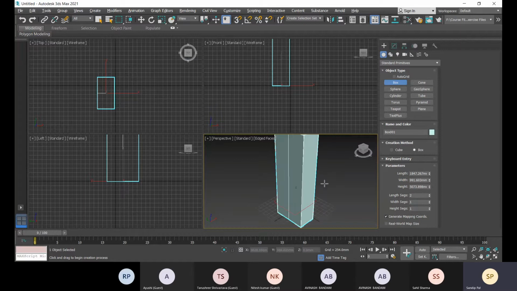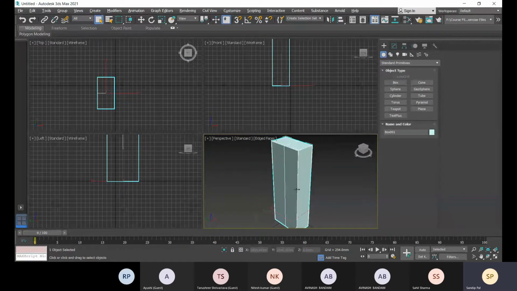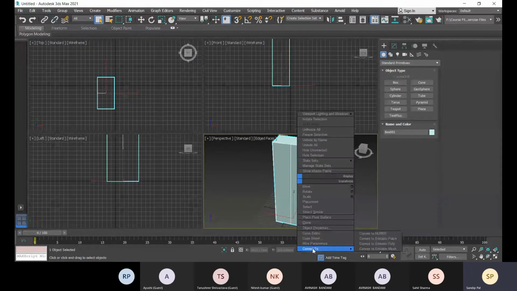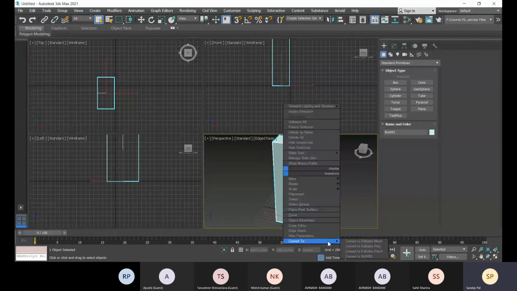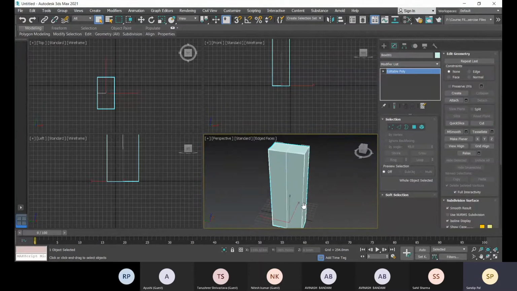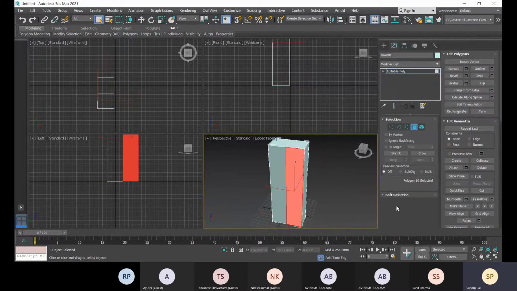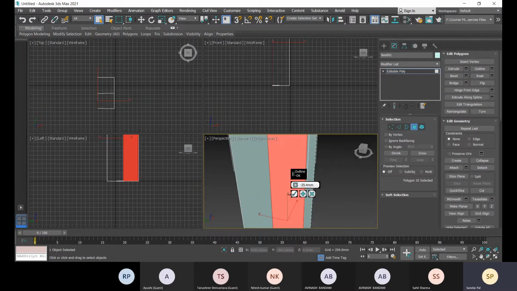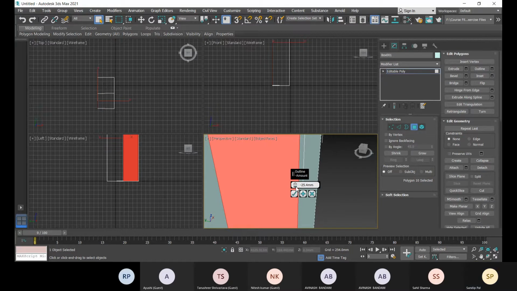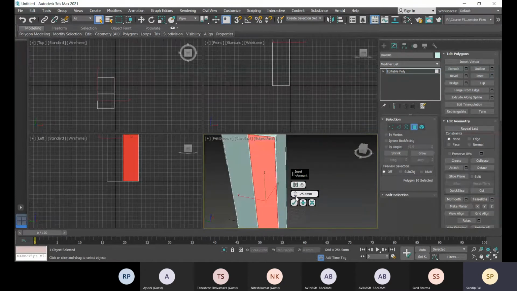Now let me convert it to editable poly, and after that let's select this face and use the inset option.